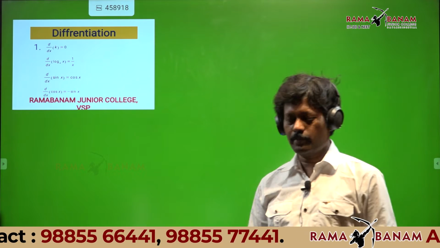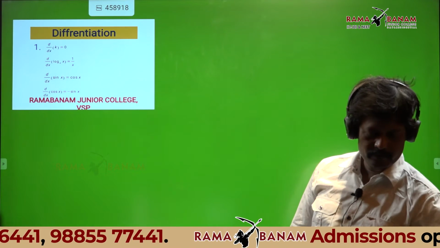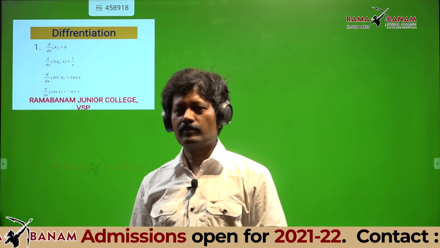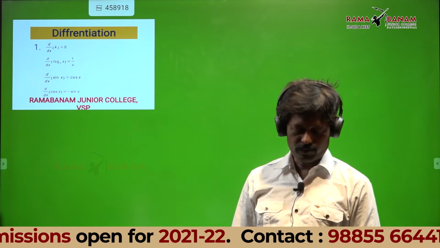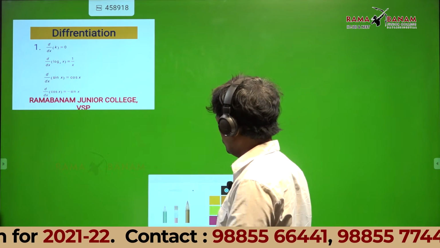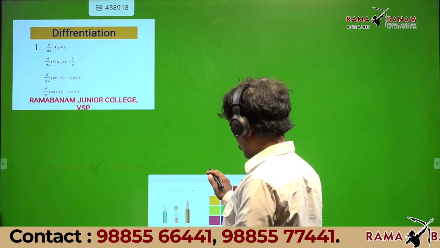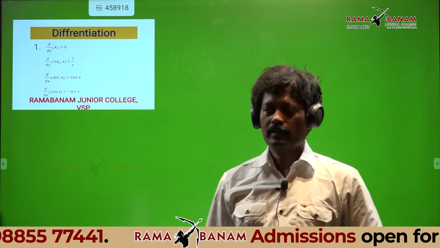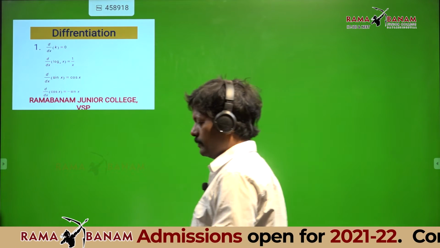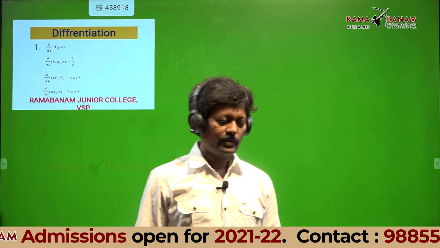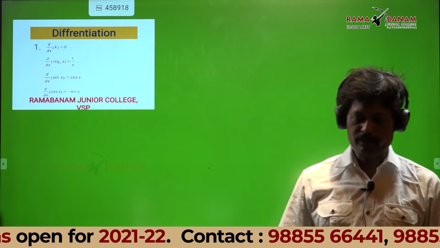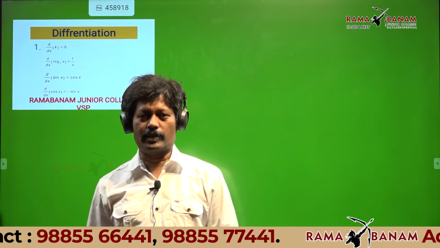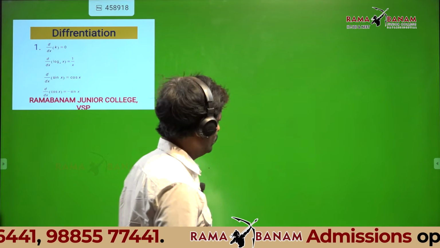So, what was the concept we were discussing yesterday? One of you? Slope of the curves. Tangent drawn to the curve, isn't it? So, I told you that dy by dx is nothing but the slope of the tangent drawn at a particular point on the curve. Yes or no?